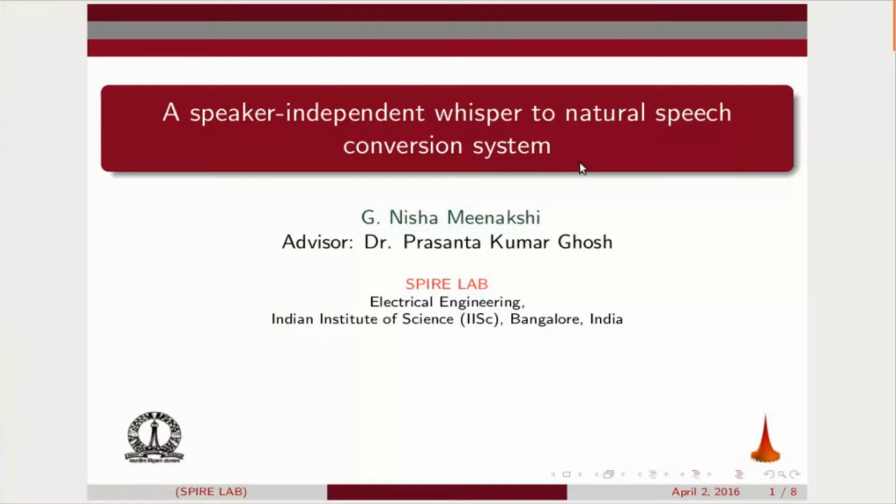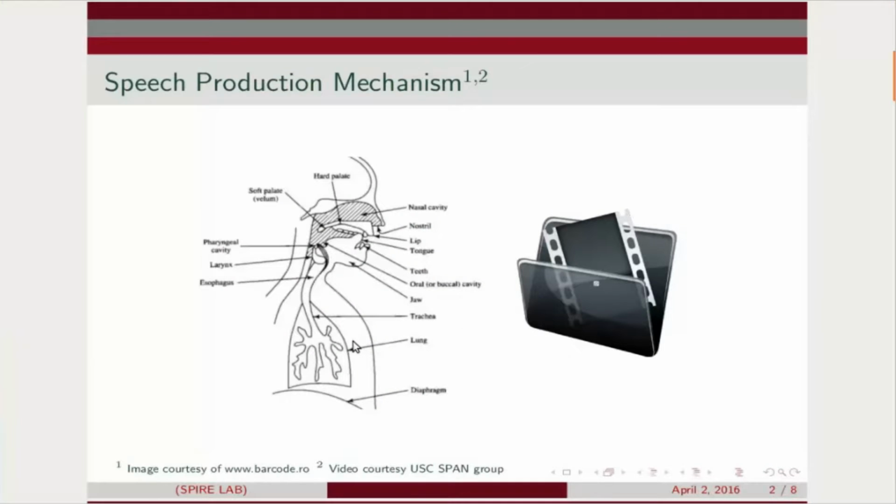To understand the motivation for this work, I would like to review some basic concepts of speech production. The lungs provide the pulmonary pressure that forces the air to pass through this region, which contains the voice box. It then enters the vocal tract, where the articulators like the tongue, lips, and the jaw move in order to produce different sounds. For example, for vowels and voiced consonants, the vocal folds in the voice box vibrate, and for unvoiced consonants, they don't. The vocal fold vibrations determine the pitch of a person's voice.